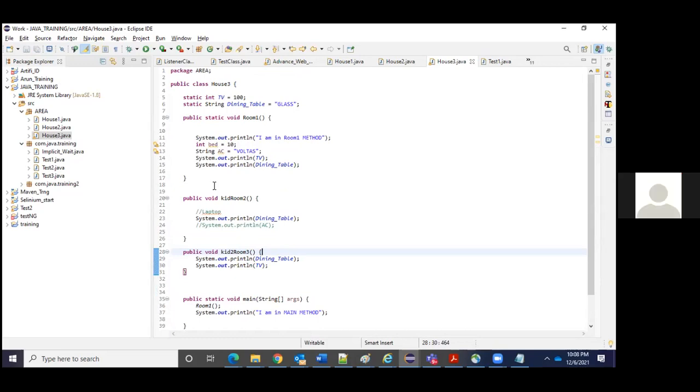You can call directly in the main method with the class name, without creating an object. Okay. Any other? If we want to keep some value or data the same in every class, we should use it as static because it does not change from class to class. Maybe. Why not?